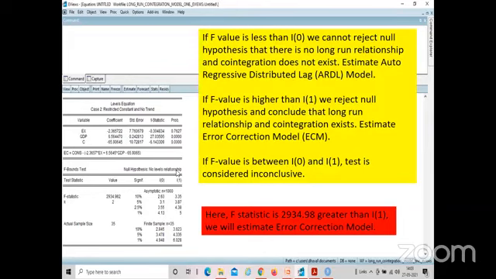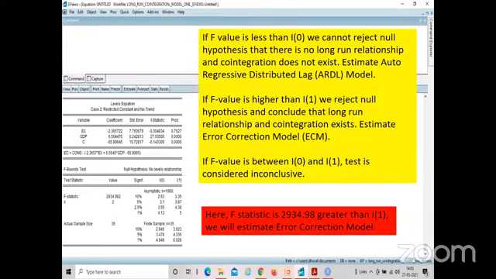Now, what you have to observe is that if the F value, this value, is less than I0, this one, we cannot reject the null hypothesis that there is no long run relationship, and co-integration does not exist.